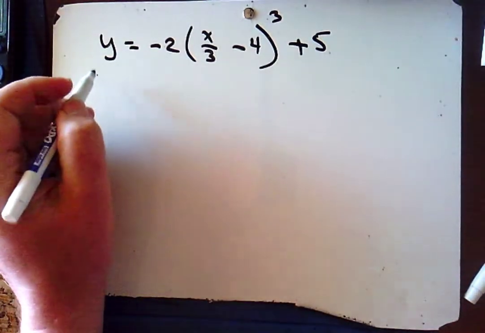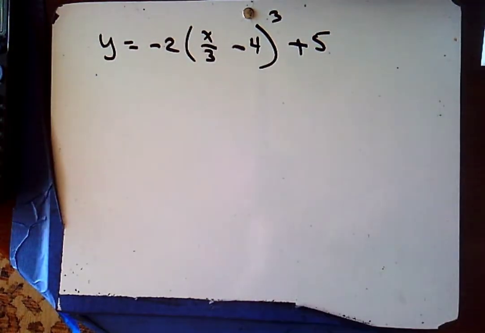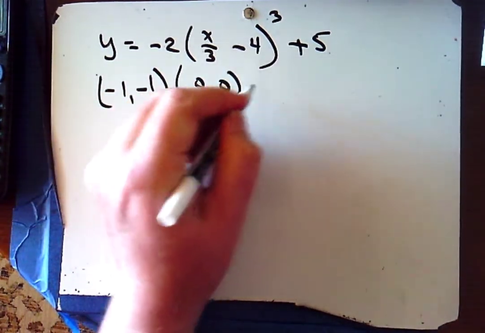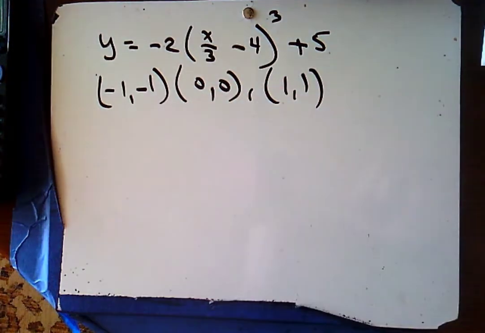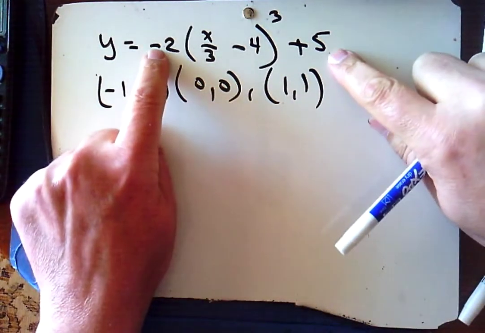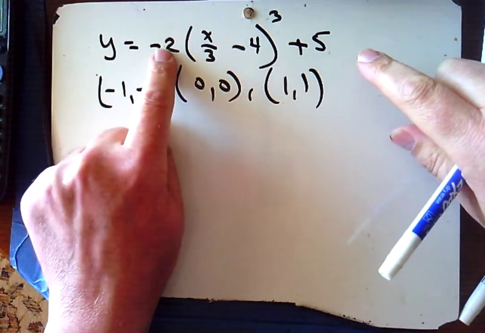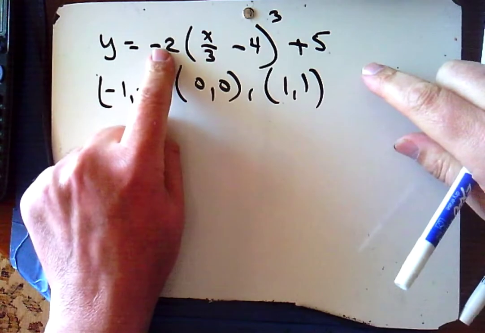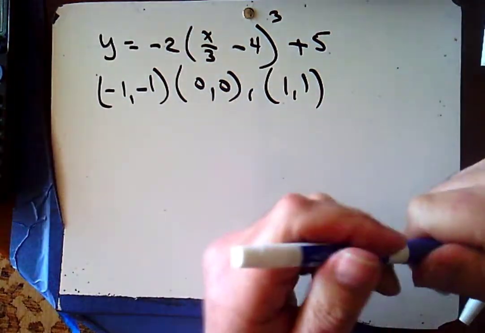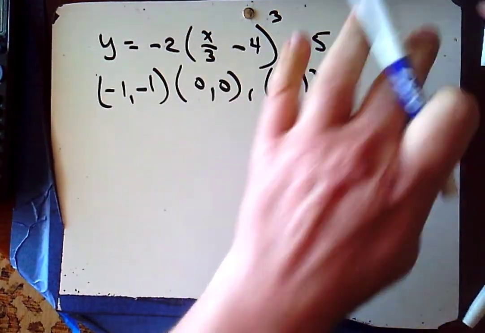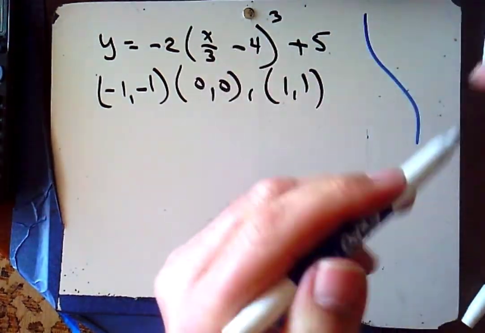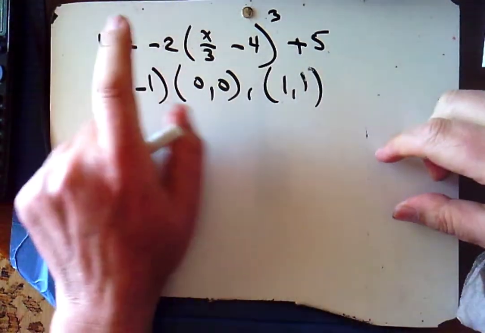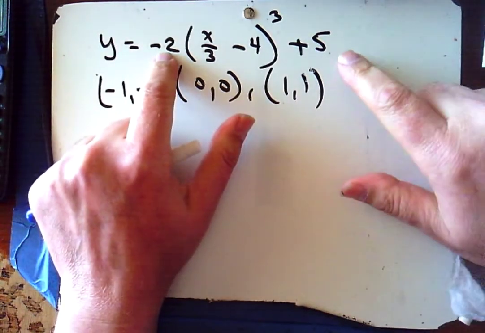So I'm starting with the reference points, which are -1, -1, 0, 0, 1, 1. I see two y transformations. I know I need to multiply the y's by -2. And what's that going to do to the function? This is going to flip the graph upside down. So instead of looking like this, I'm expecting some shape that looks like this. Okay? This shifts the graph up 5, but I'm going to multiply all the y's by -2 before I add